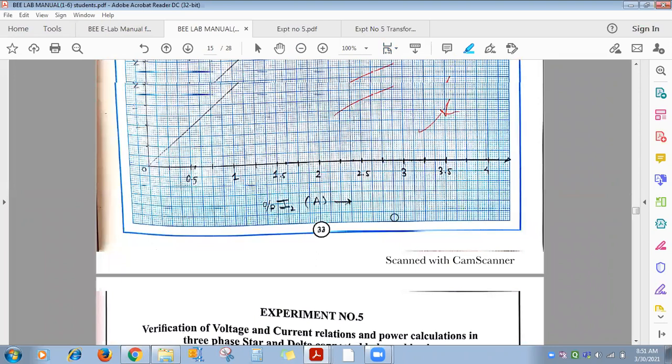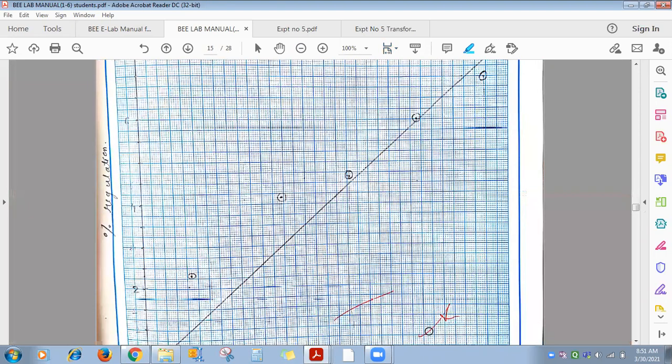Any difficulty? And this 4, 5, 6 experiment submission I told you, I will float the link once we finish with the 6th experiment. Before 24th of April, you have to submit 4, 5, 6 together. Any difficulty?